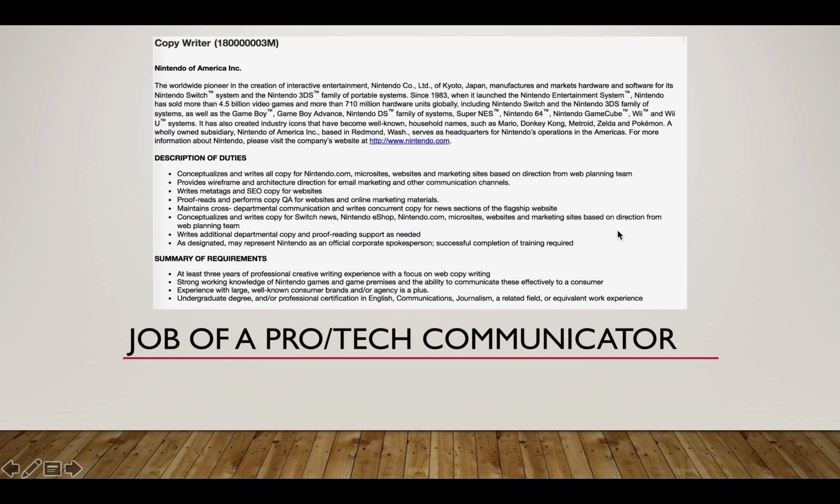So keeping up with the company is this writer's job. You can't just sit off in a cubicle and write divorced from the company, right? So if there's an issue with the Switch, or there's an advancement with the Switch, or a new game, your job is to not just write, but to keep up with the company. Conceptualizes and writes copy for all of these different things.